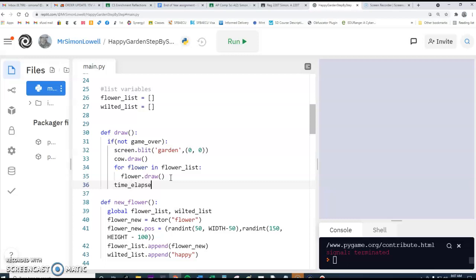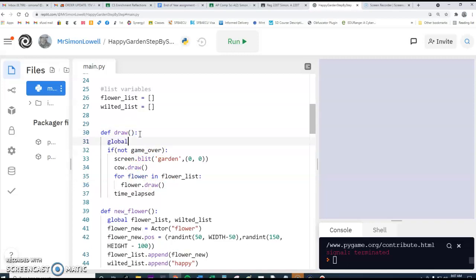And again, I'm having trouble spelling. Now that reminds me, we're going to need to label these global variables we're using. So we're going to use game over, time elapsed, and finalized. Okay, so time elapsed, we'll just go, and again, we'll take the integer part of the time in